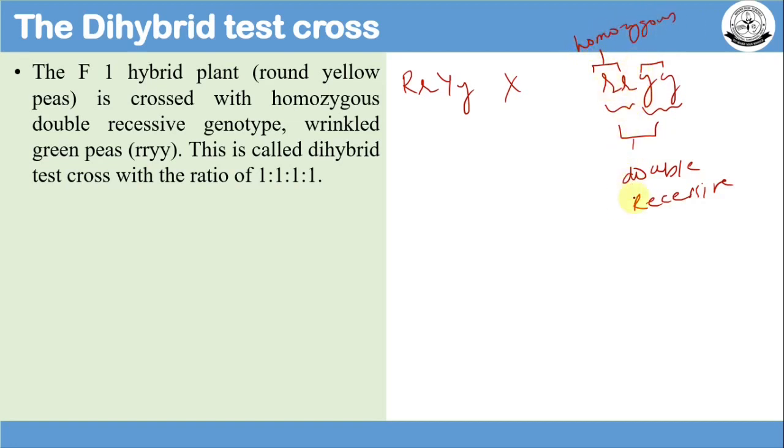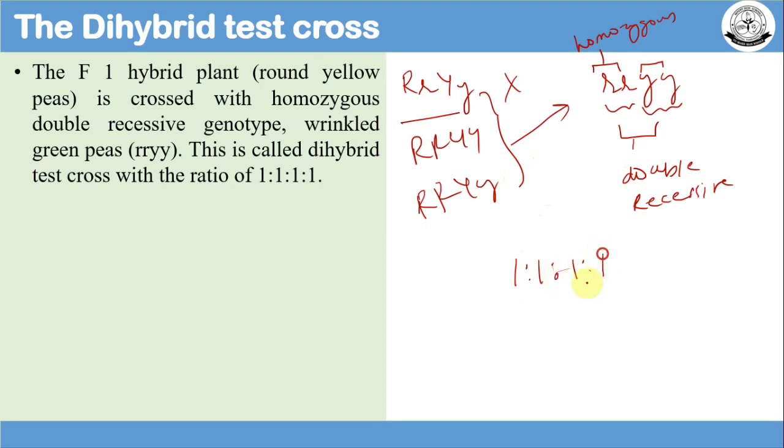ஸோ ஹோமோசைகஸ் டபுள் ரிசெசிவ் கூட இஃப் யூ கிராஸ் an F1 plant, இது எது வேணாலும் இருக்கலாம், இந்த காம்பினேஷன் இருக்கலாம், இல்லை இந்த காம்பினேஷன் இருக்கலாம், எனி காம்பினேஷன் இருக்கலாம், ரைட்டா. ஸோ இஃப் யூ கிராசிங் வித் அ ஹோமோசைகஸ் டபுள் ரிசெசிவ் plant, we call them as a test cross. அந்த டெஸ்ட் கிராஸ் உடைய phenotype ratio 1:1:1:1 வரும்,